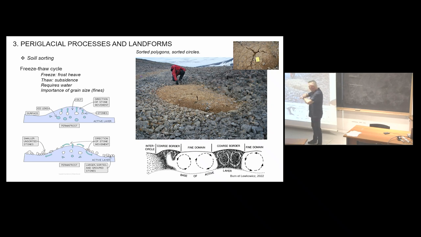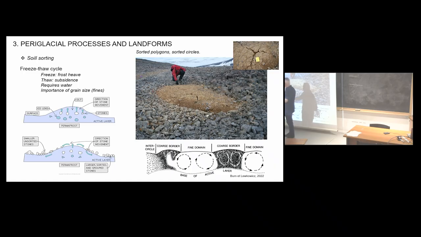At first, you have your surface like this, and you start to have formation of ice lenses. And that's a terrible graph. It's not mine. You will pardon me, Robert. We don't think we have ice lenses of this shape. But you have ice lenses forming, and you will push. It was also presented by Robert for agricultural fields. You will push your rock towards the surface. So the ice forms in the finer sediment, can be sand, can be silt, and the ice lenses that are formed push the things